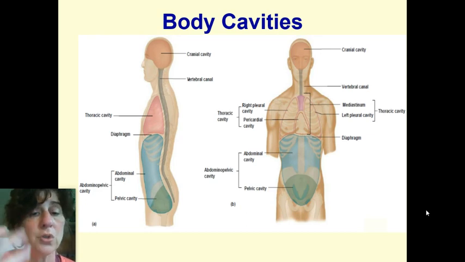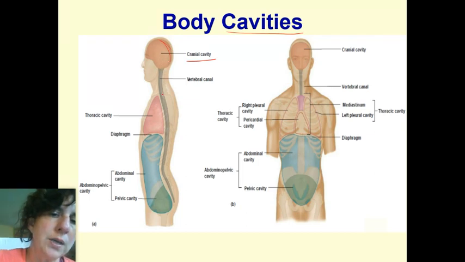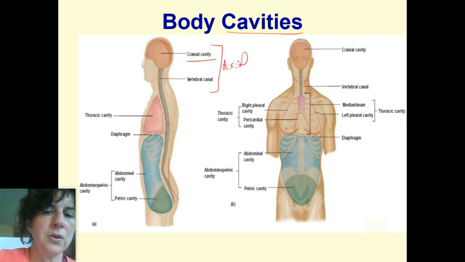We have these different parts of the body that hold structures, and they're isolated little areas to a certain extent, with boundaries around the outside. These are called cavities. Our main body cavity is the cranial cavity, which has the brain in it. That is continuous with this green one down here, which is called the vertebral canal. Both of those are part of what we call the dorsal cavity. So it's a larger cavity called the dorsal cavity that is made up of the cranial and the vertebral.